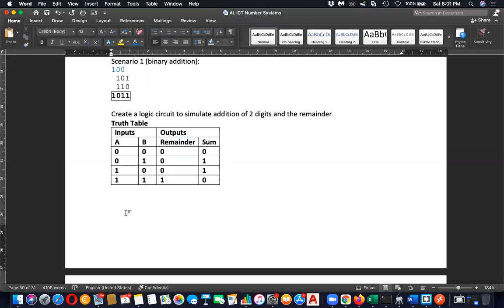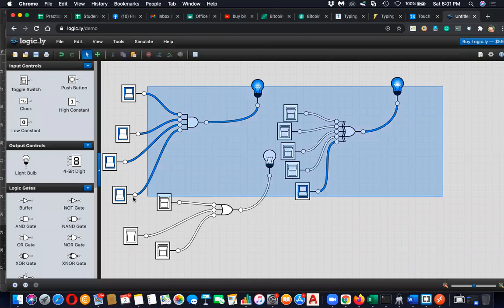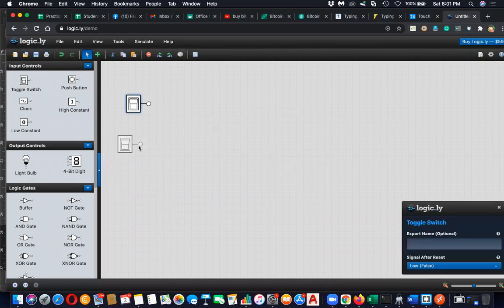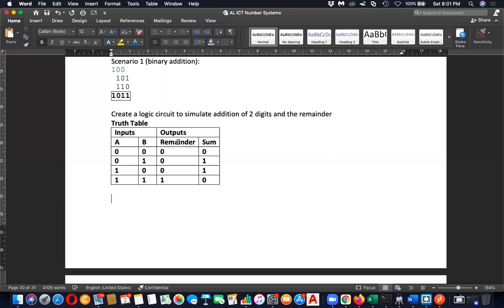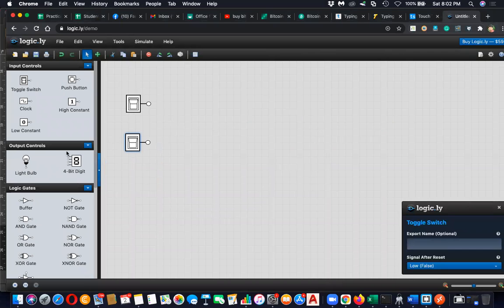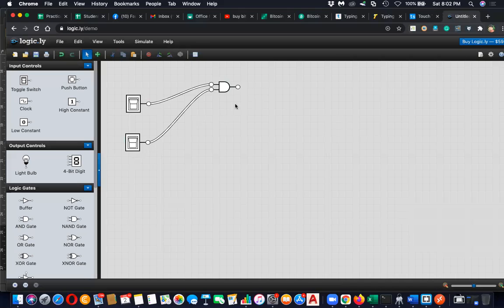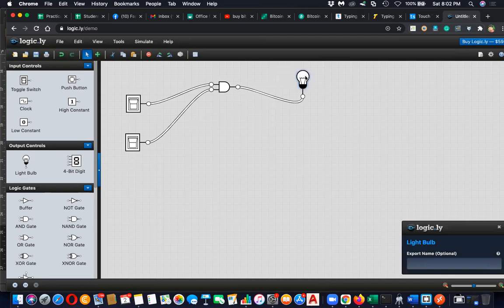So now you can do this. How to do it? Okay, let me go to the simulator. I'm going to erase this. Yes, I have 2 inputs. Okay, so let's refer to the question. Remainder is AND gate. If you have AND gate, then that will be the remainder. This bulb represents the remainder. The other one, sum,